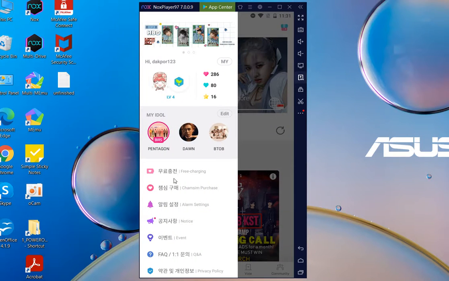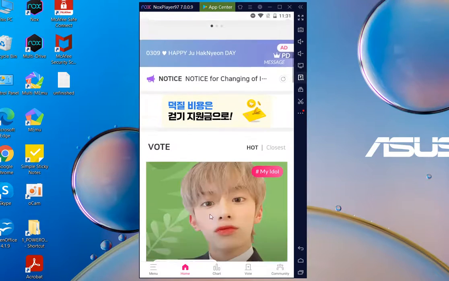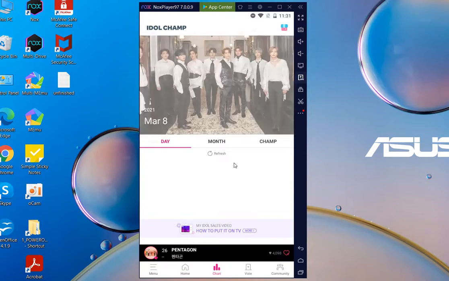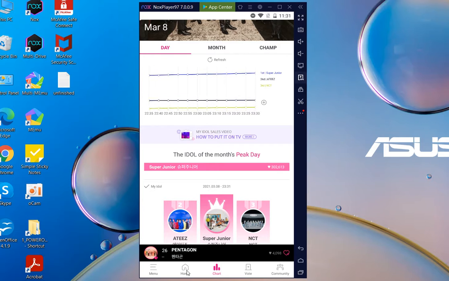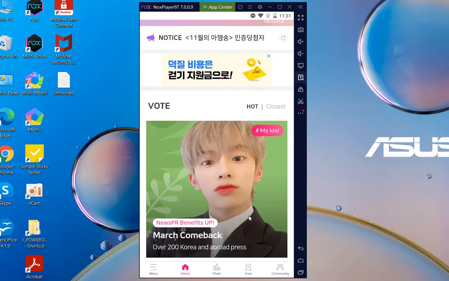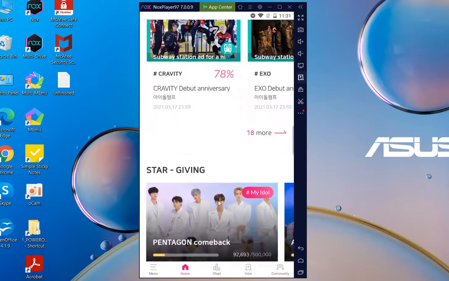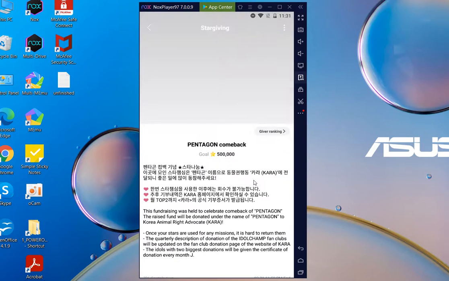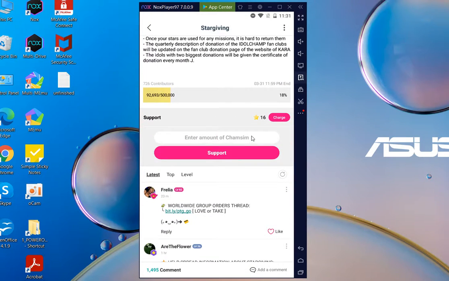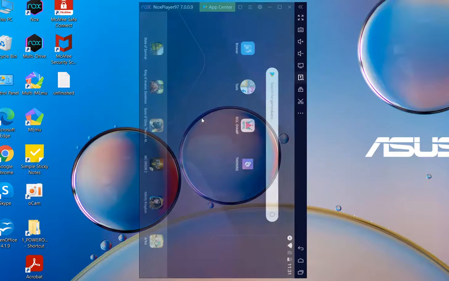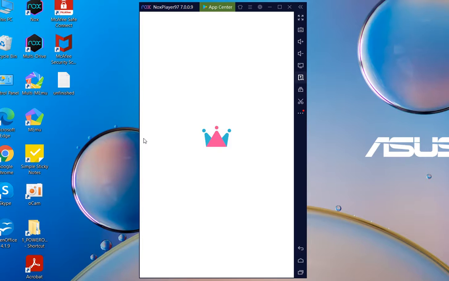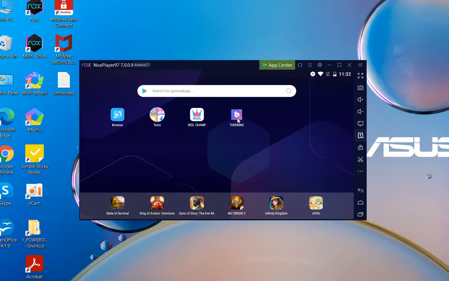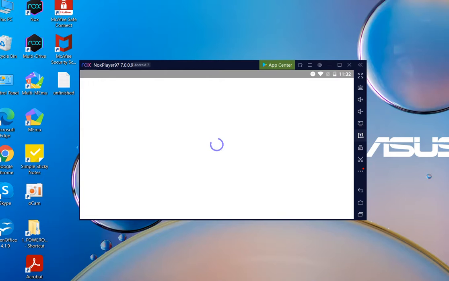yeah, so you can go to the chart, you can give to that, but the most important thing that we need to go to is the star giving one. So if you only have a little bit, it would be a good idea to get more before you send your stars, right? So for the K King, it's the same. You just have to log in using your KakaoTalk account, and